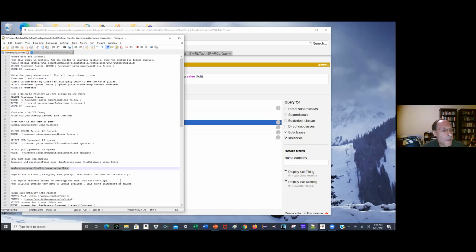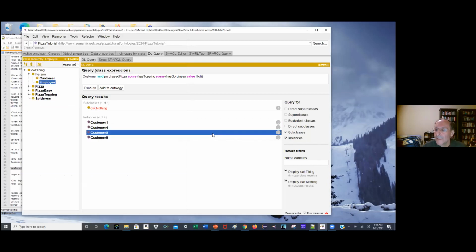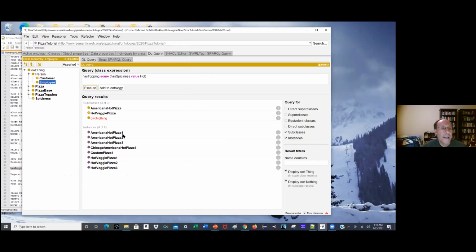And a simpler query I can do here is just has topping, some has spiciness value hot. So that's just saying some topping that has a spiciness value of hot. Okay, and so this